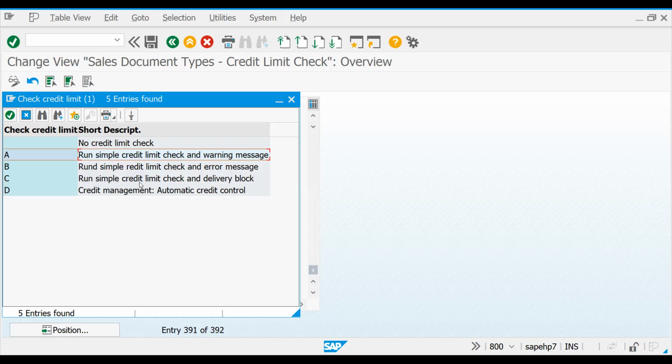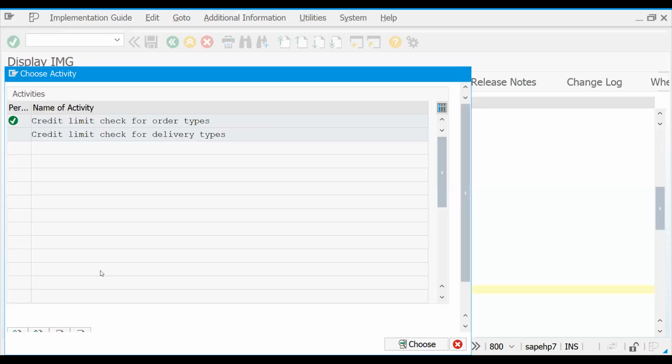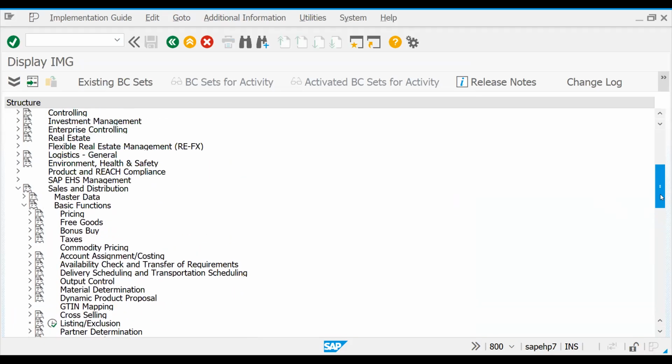And C, run simple credit check and it will put the delivery block. And D is automatic credit management control. That means, like what I said, static and dynamic checks will happen here. So before going ahead, either you can go for the definition like this, or else if you come here,